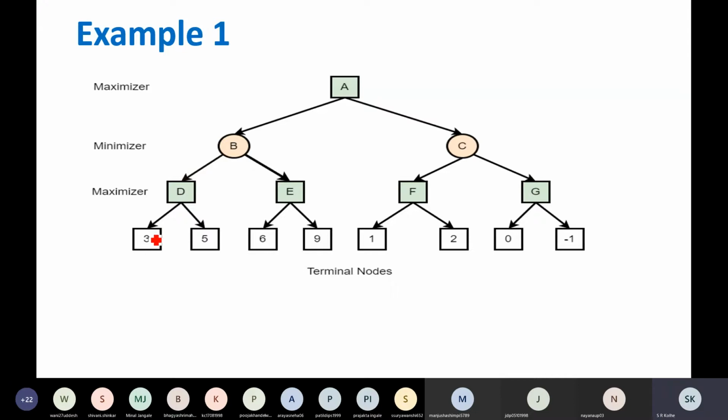There is another option. There are two possible moves this maximizer can make. One is this particular option whose value is 5. Since it's a maximizer node, the maximizer will always try to maximize.